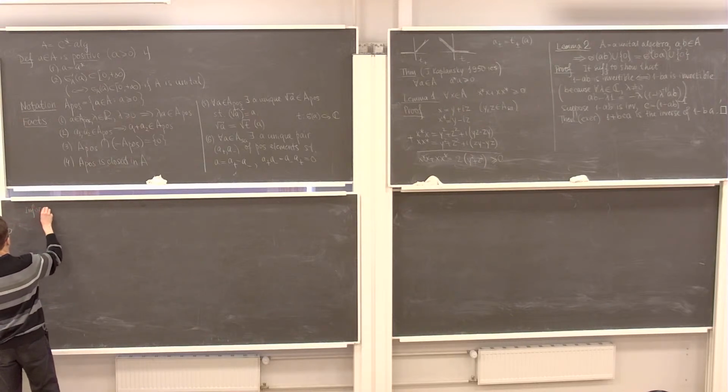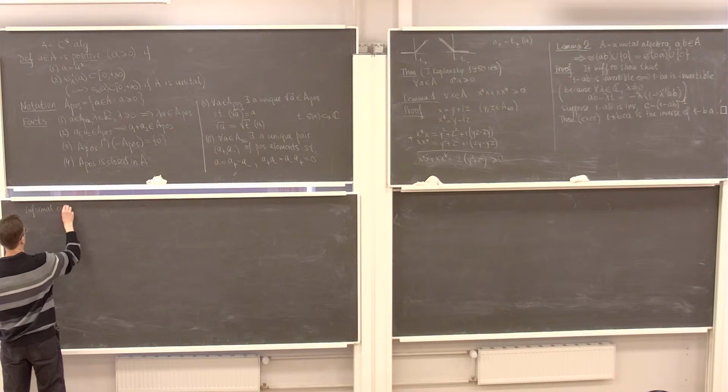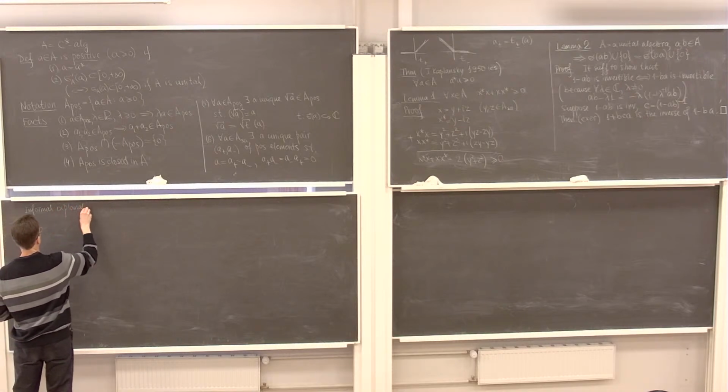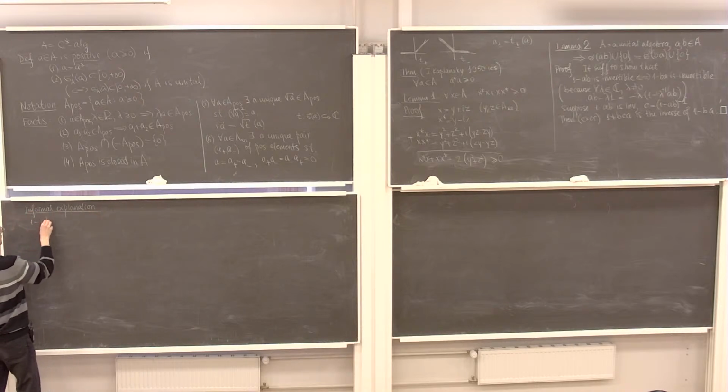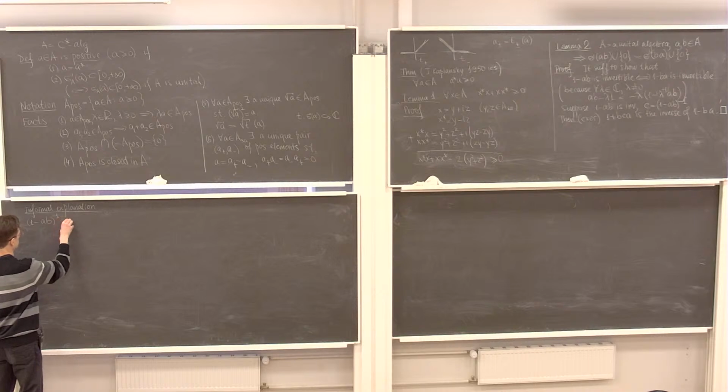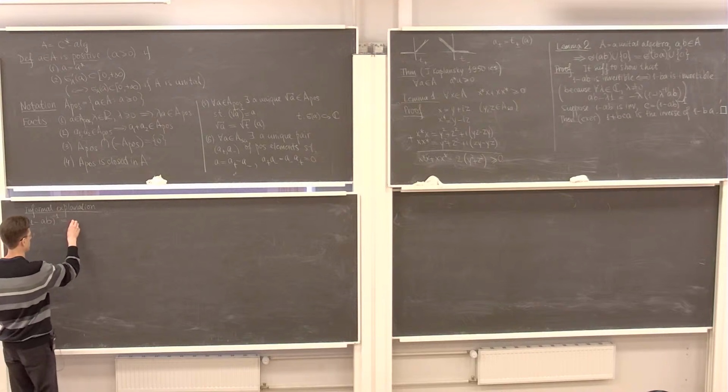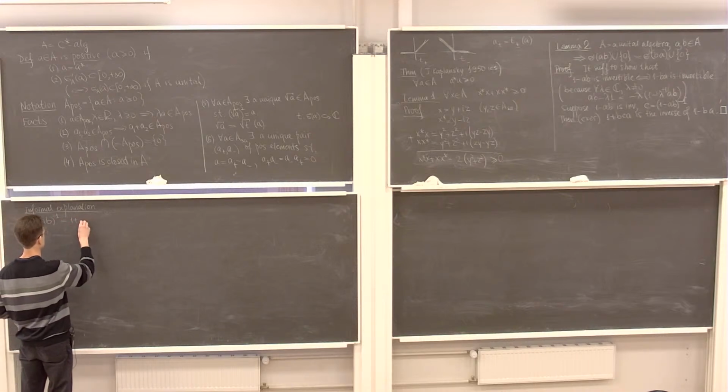Informal explanation. So we look at 1 minus AB and assume that A and B are small. Say the norm of A and the norm of B is less than 1. In this case, the norm of their product is less than 1, and we can explicitly calculate the inverse as the sum of the progression